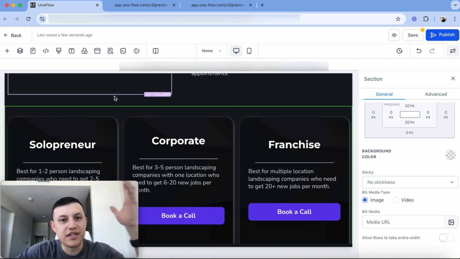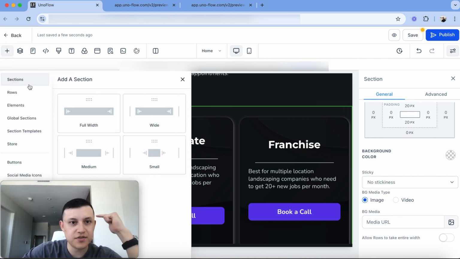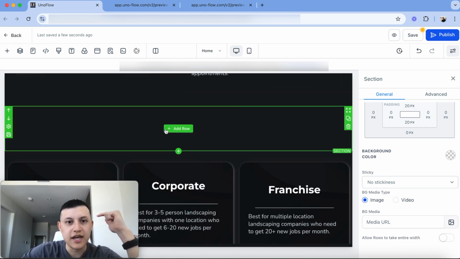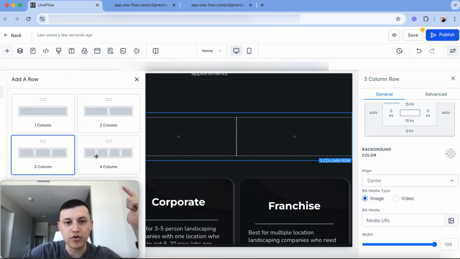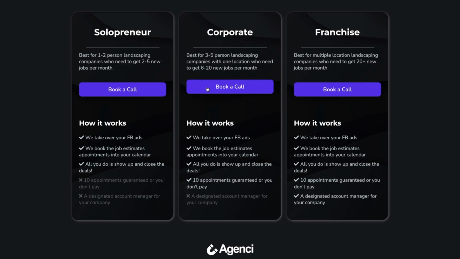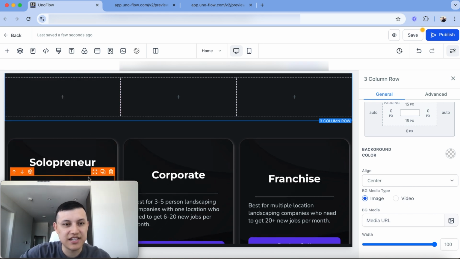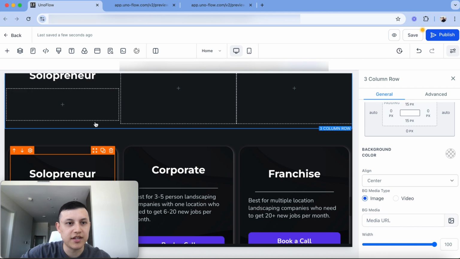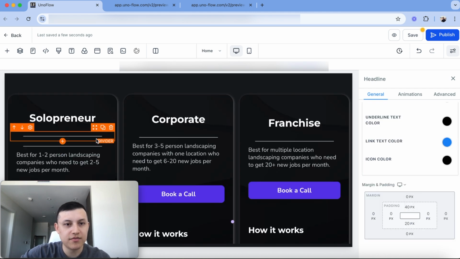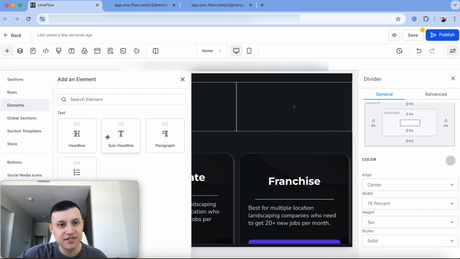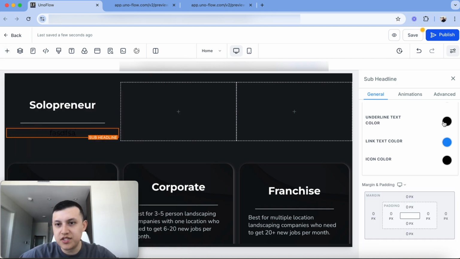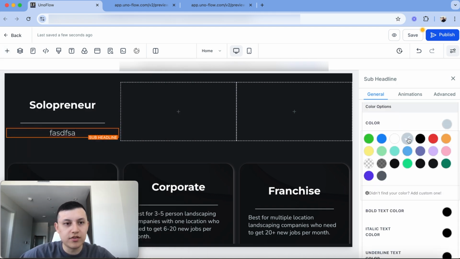So how we did this is we add a new full section right here, full width section, and then I'm gonna add a 3-column row because we're gonna have 3 services that we offer. So the first one is gonna be a solopreneur. So this is just text and sub headlines. So we can just do it right here. Let's say we wanted to add a divider. And so I could also add some text. So a sub headline. So I could change this, change the color,